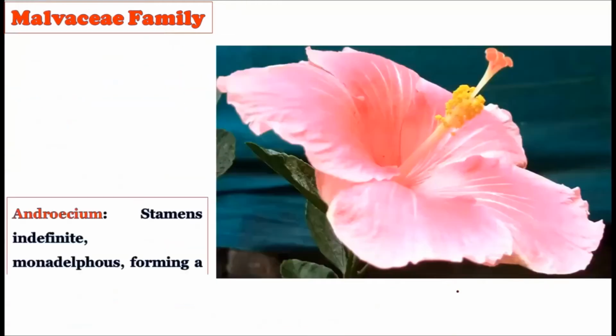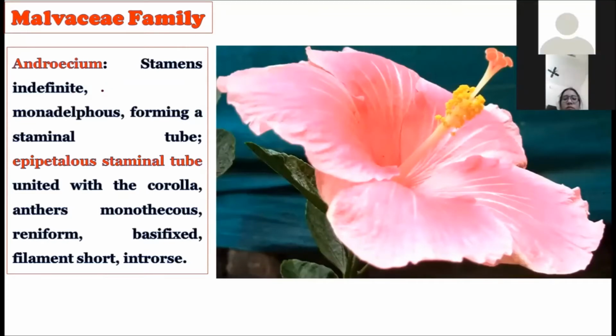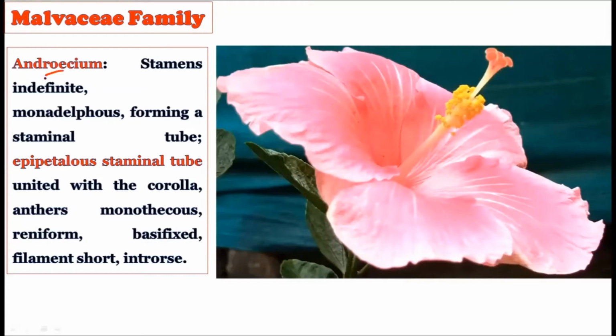Okay, now let us consider the androecium, how the androecium is in the Malvaceae family. Now understand this carefully, because majority of the time this particular example is used in every kind of plant family. The very first thing we are going to understand about the androecium is that their stamens are indefinite. Observe how many stamens, the male reproductive organs, are there. The number of stamens is unlimited in the Malvaceae family. So of course in the floral diagram we have to put the sign of indefinite, right?